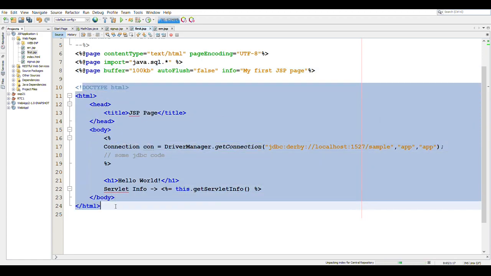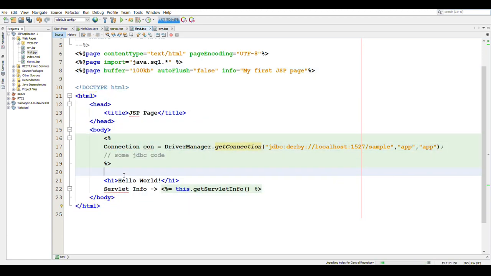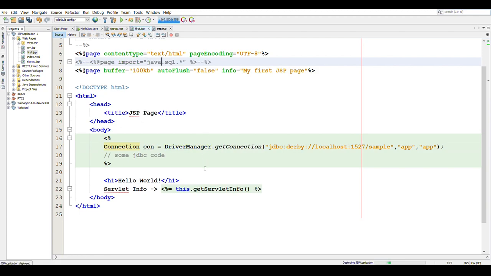Then in our JSP code here in the body, if we want to use some classes of the SQL package, we can directly use them like we do in Java code. We do not need to write the complete class name along with the package name, because we have imported it. If we remove this import, there will be an error here, as you can see, on Connection and DriverManager, because these classes and interfaces need to be imported, and since we have not imported them, you will get an error. So for that we need to import these,